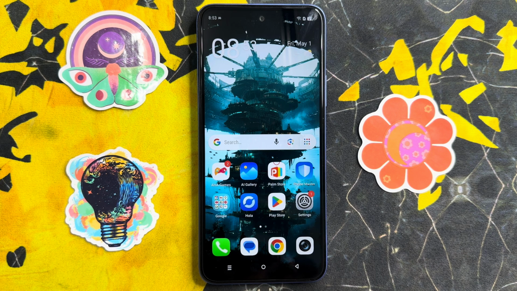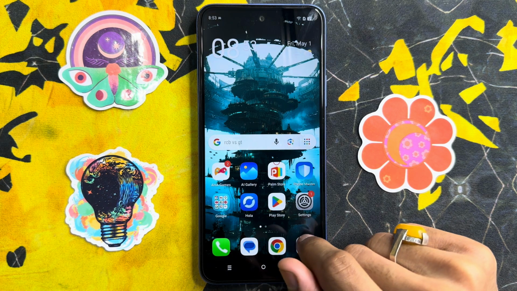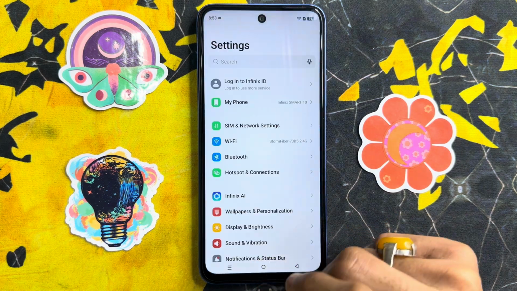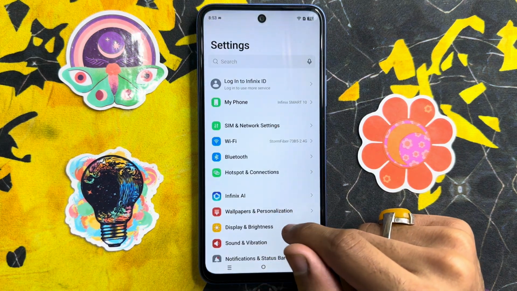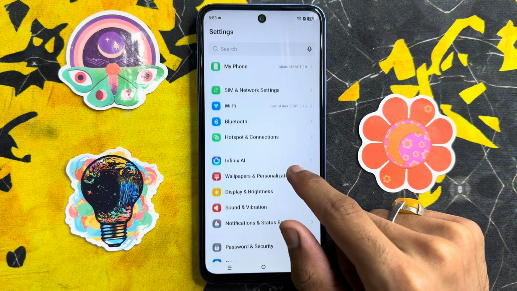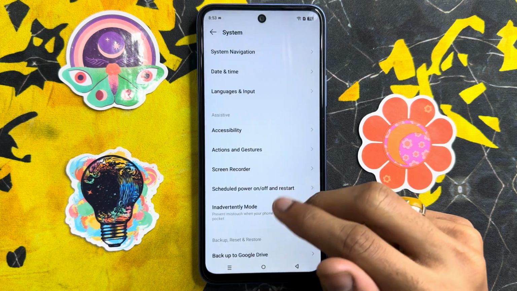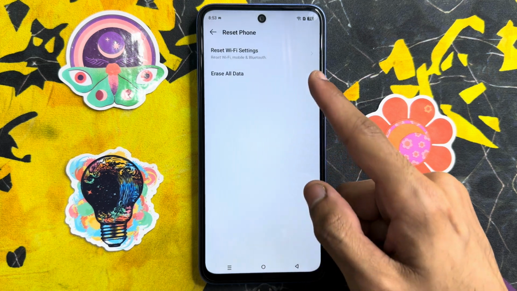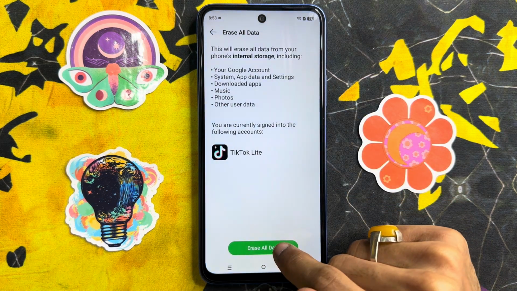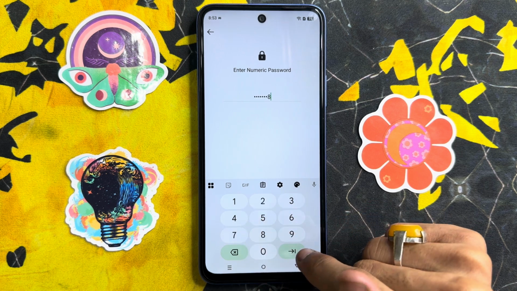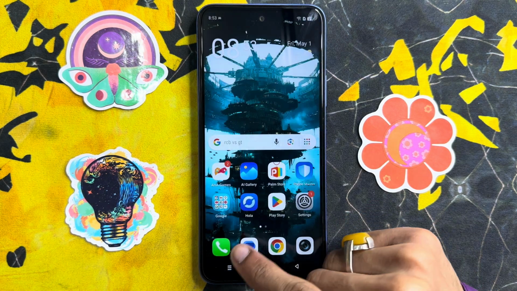But if it doesn't fix this problem, click on settings app. Now in settings, click on system and click on reset phone and factory reset. Click on erase all data, enter phone pin, click on this icon. You will see your